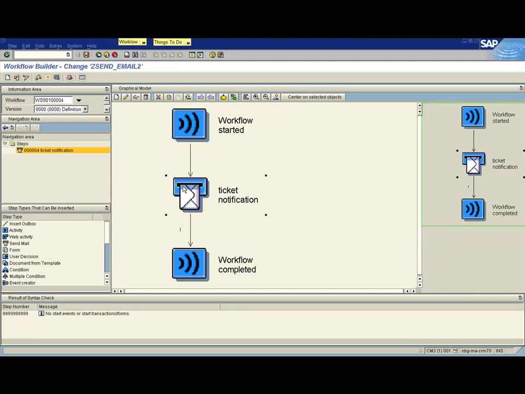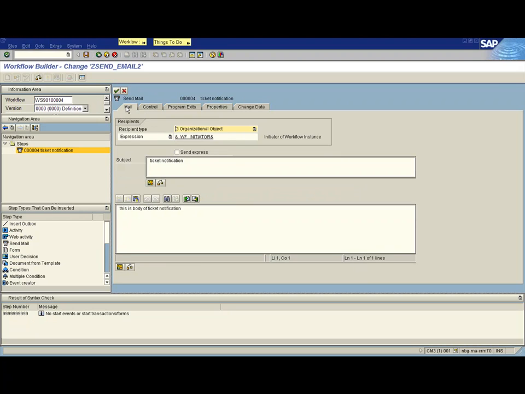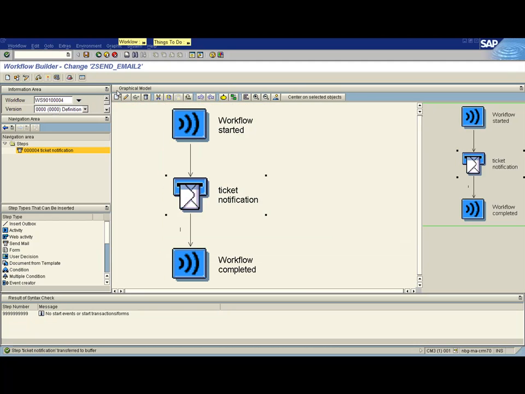What I want in the requirement is to send email to the inbox. It means send an email to your Outlook emails or maybe Gmail or other emails. So for this one, I don't want to choose recipient type organizational object. I use the email address. And for this tutorial, I just want to use the hard code. That is my email for the email address. Okay, linawati@isenta.com and test. Okay, the send mail step is okay. Then I activate it.